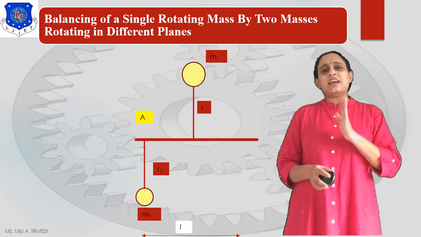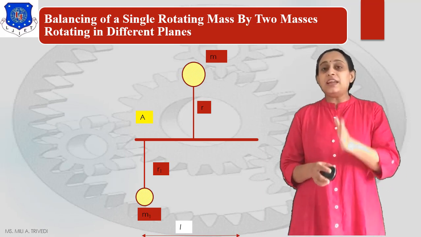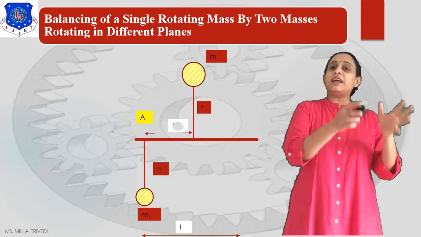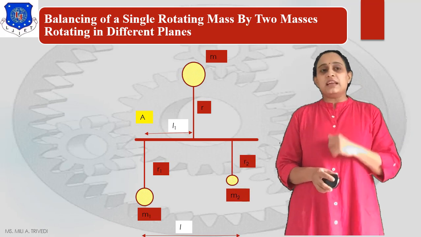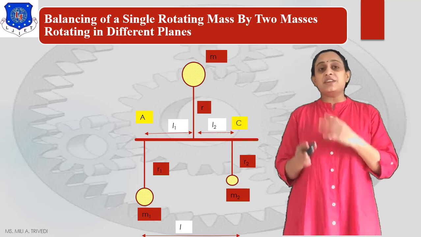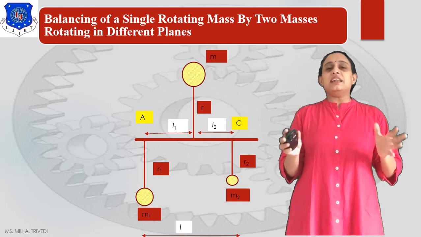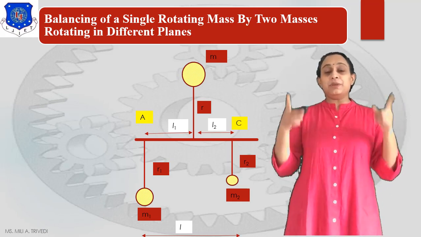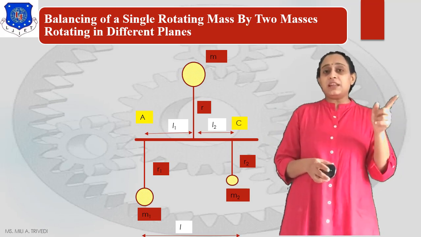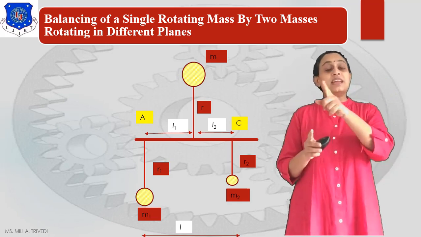It is attached at a plane A. It means the plane of mass m at radius r is different from that of mass m1 at r1. Now let us assume the next mass, m2. It is attached at radius r2 and its plane is C. Now let us have the lengths. The total length between mass m1 and mass m2 is L. The length between m1 and m is L1. The length between m and m2 is L2.